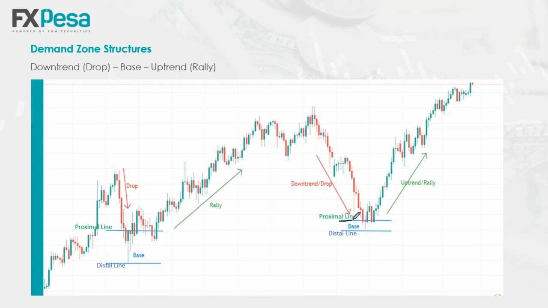So you draw your proximal line along that level, and the distal line would be based on the tip of the basing candlestick that has the lowest level. So in this particular case, we only have one basing candlestick. So we will place our distal line along the tip of the lower wick of that particular candlestick. Once you've drawn your proximal and distal line,